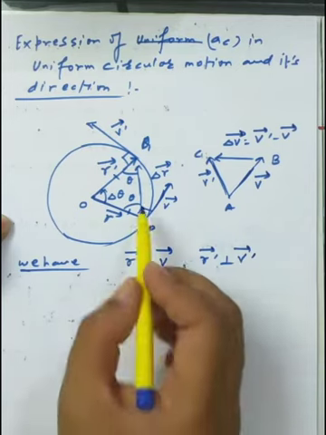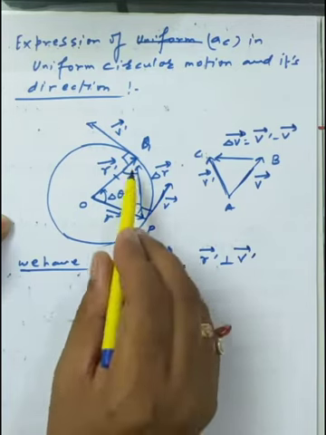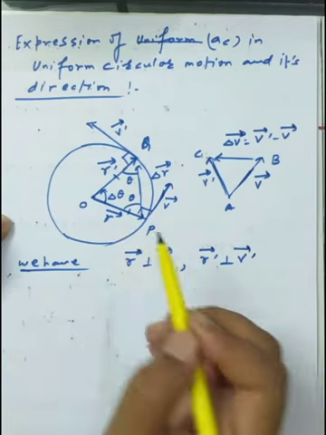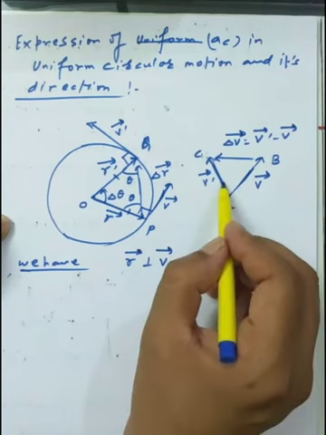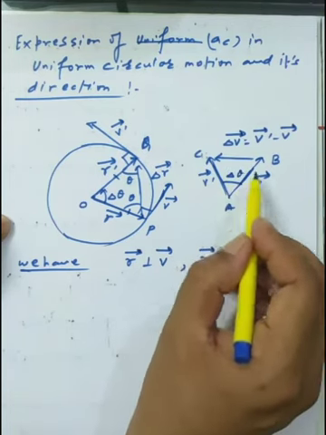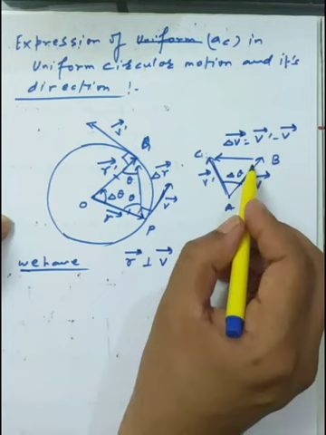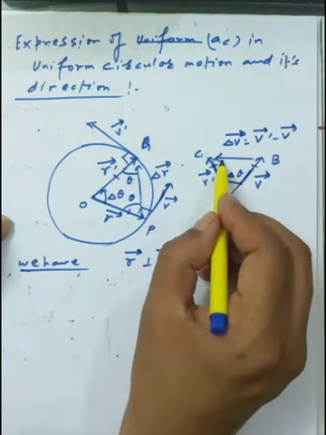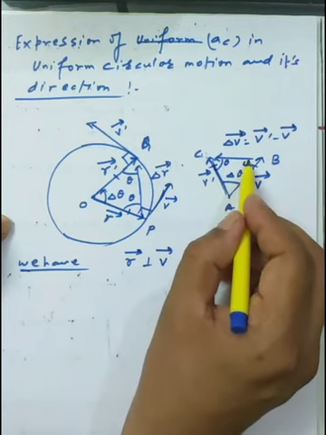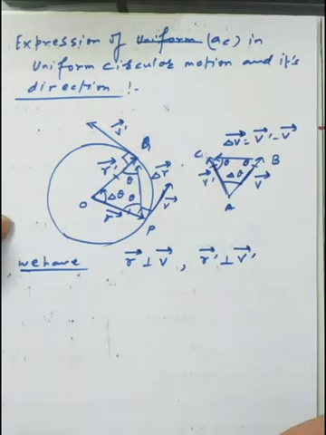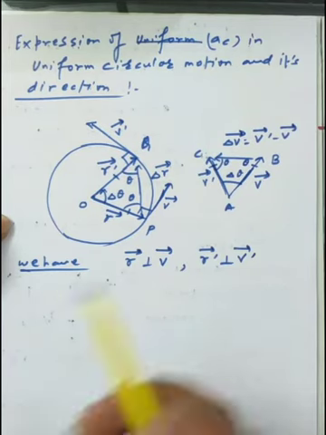So whatever the angle the particle is making from P to Q, the same angle is also formed by the velocity vector, that is called the delta theta. Okay. Now the length of the velocity vector is also the same, so the opposite angles, this is also the theta and this is also the theta. Okay. So we can easily say that